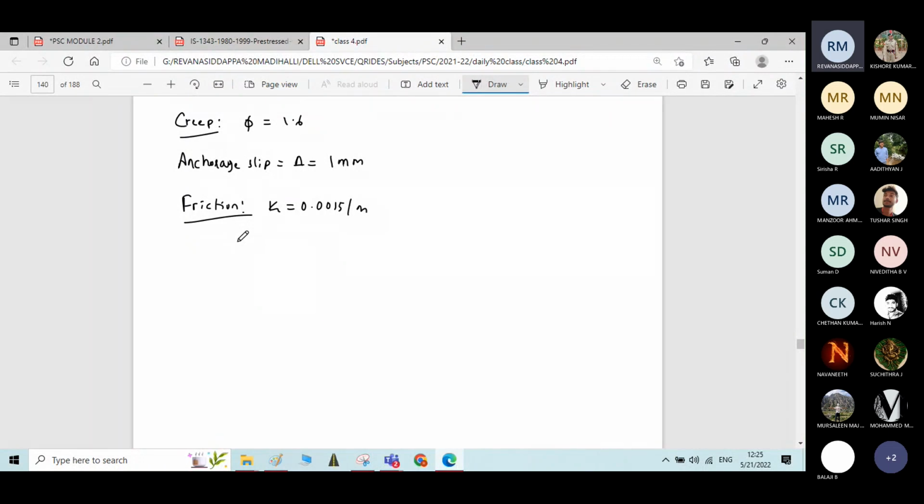Pre-stressing force P is needed, modular ratio is needed, moment of inertia is needed. Okay, FC value is needed. All these values first you calculate, then you can calculate all the different losses individually, and you can calculate the total loss. Okay, so first you calculate the pre-stressing force. Pre-stressing force P is equal to